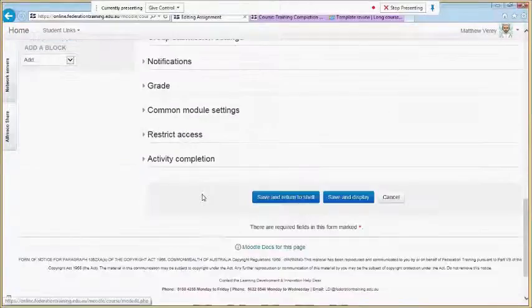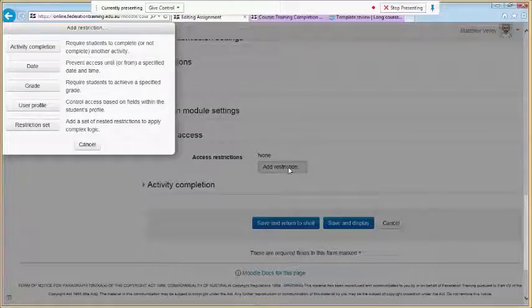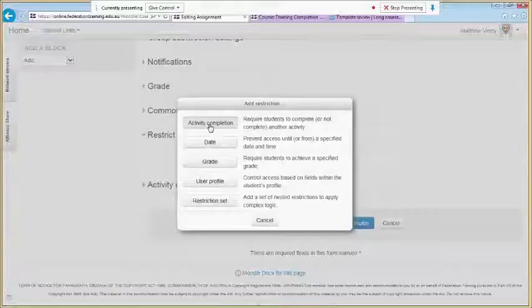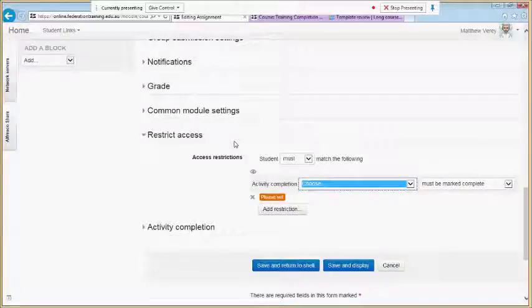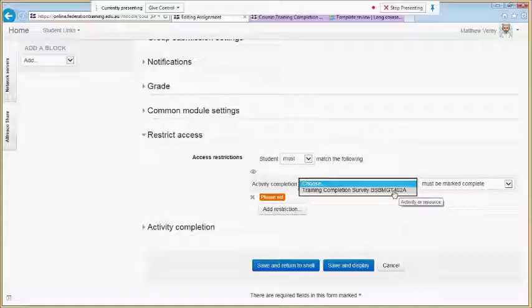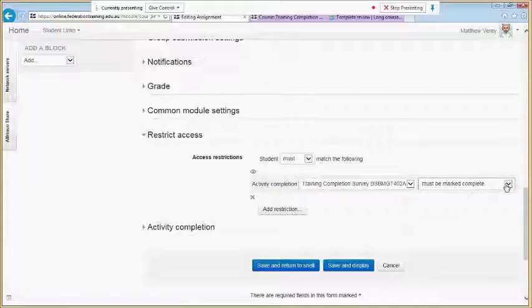So I want to add a restriction: activity completion, and they must have completed the training completion survey. There it is. It must be marked as complete. Okay, so if I save that and return to the shell,